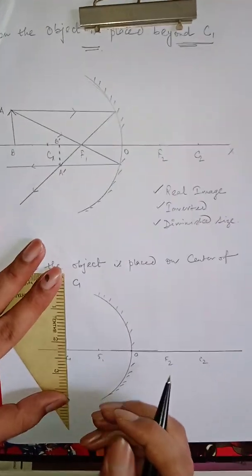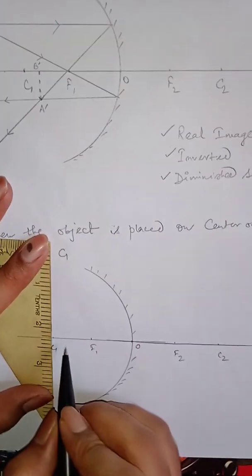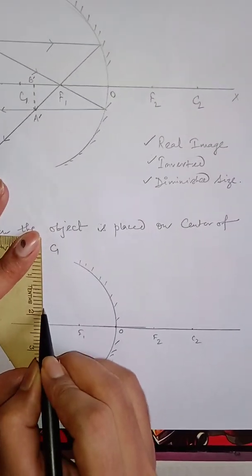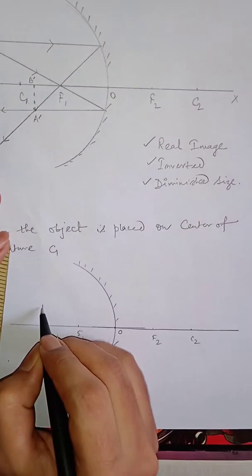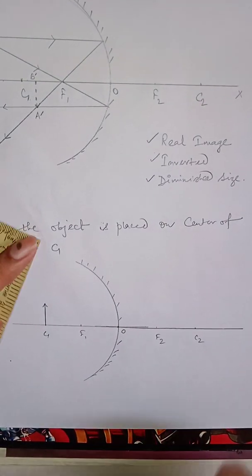Now when the object is placed on the center of curvature, so this is the object placed on the center of curvature,